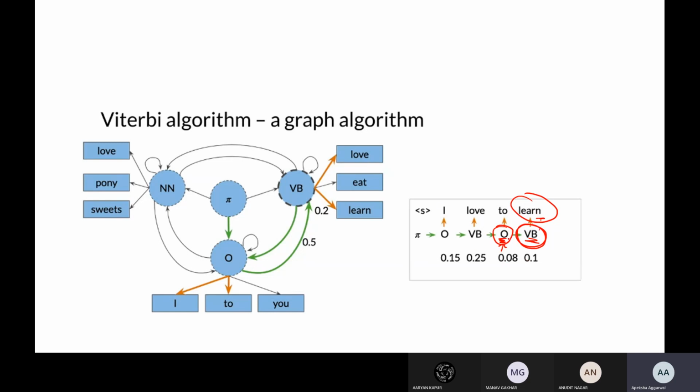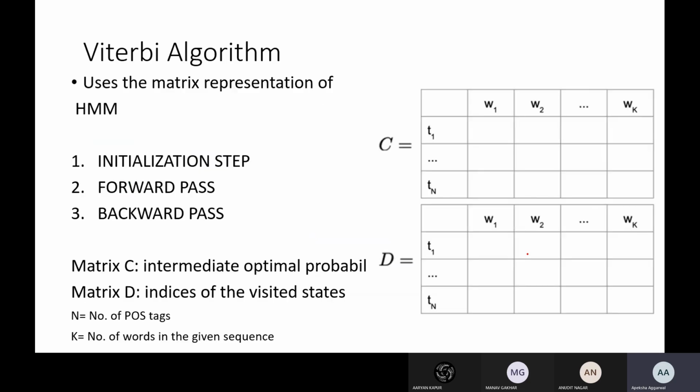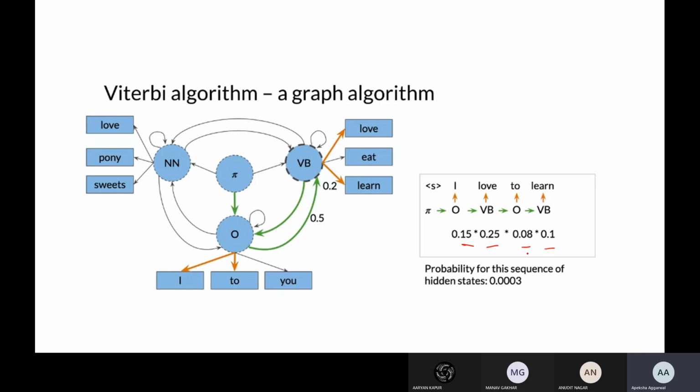Now, the final probability is the multiplication of the chances of this appearing, into the chances of this appearing, into the chances of this appearing, into the chances of the last word appearing. So the final probability for the sequence is the multiplication of all of these: 0.15 into 0.25 into 0.08 into 0.1. So up till here,